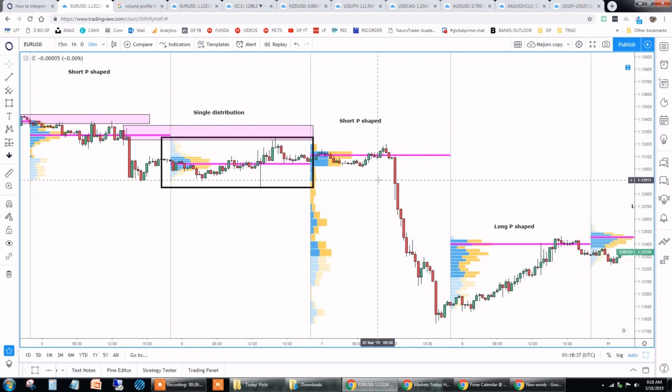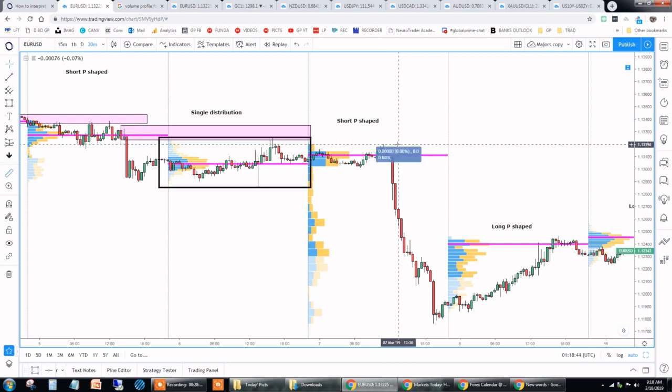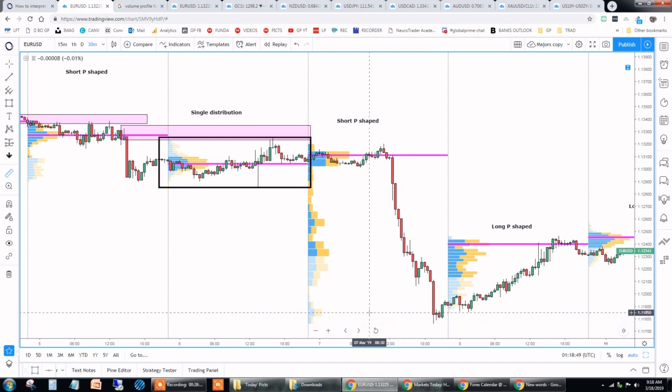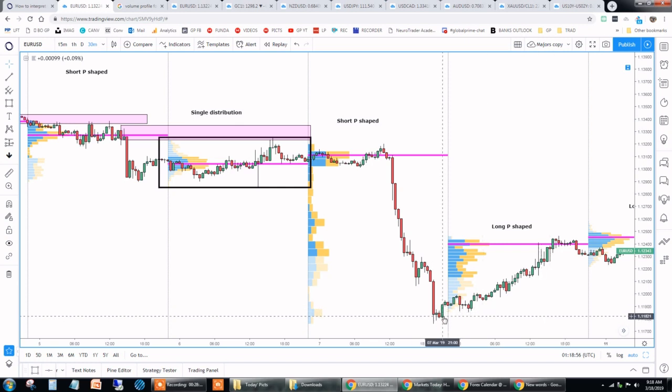The next day we saw an outlier volatile day. We had a short P shape, but notice that the move here was almost 3 times the average daily range on the euro dollar, which continues to be in very depressed ranges and very limited volatility. So whenever you have this massive day of volatility, I would basically just ignore the structure and let the market go back to its normal volatility levels,